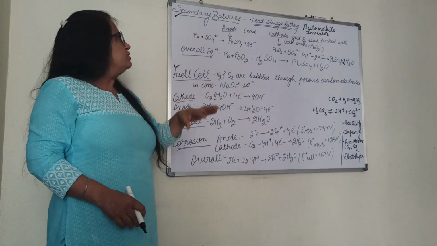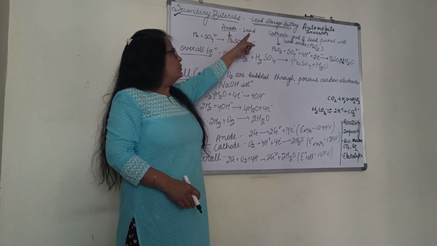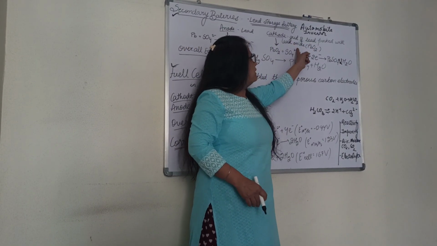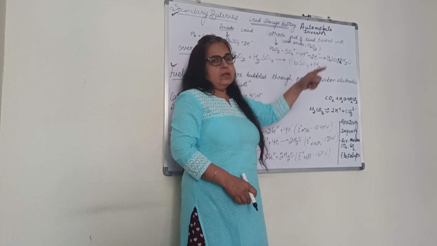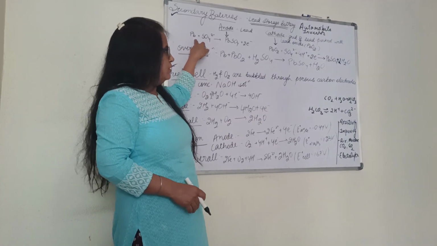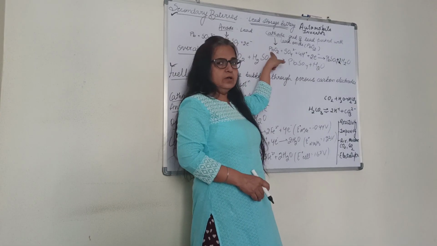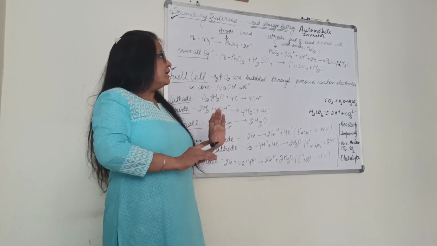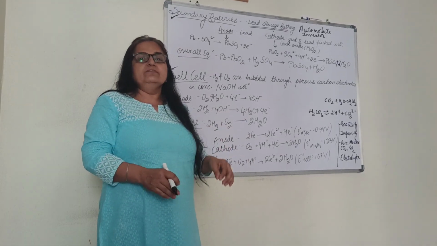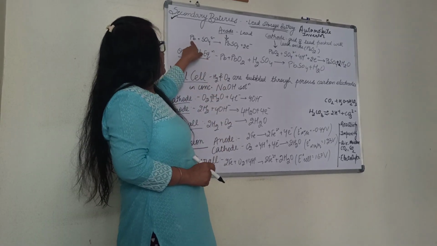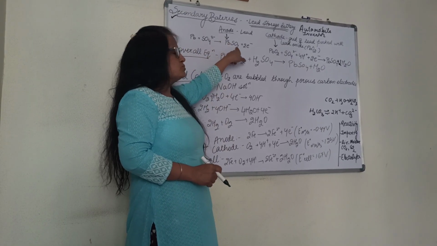Lead storage battery is mainly used in automobiles and inverters. Now here, the anode is lead and the cathode is lead packed with PbO2. You will find that here the oxidation state is 0, here it is plus 4. The stable oxidation state for lead is 2. In either case it is aiming to achieve 2. So how you will remember that is Pb forming PbSO4.